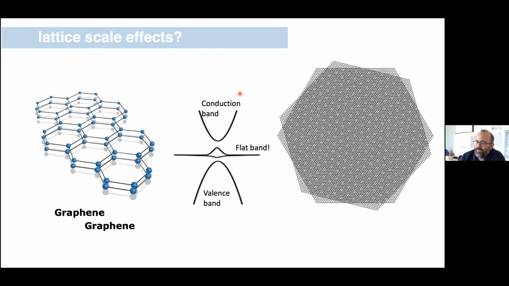The origin of this was described, thankfully, before. The end result is that in the system, you get a flat band. And we can talk at the end, maybe afterwards, about our understanding of exactly where this flat band comes from. But the remarkable thing here is that this band is really flat if you're at the right angle. And really flat means like a few meV, which means the energy dispersion of the band can be so flat that the kinetic energy is less than the Coulomb energy in the system.